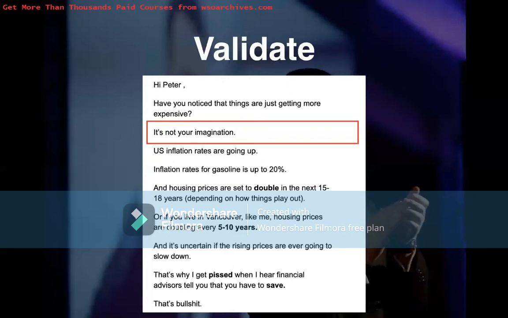Cool. One question: is it common to use questions as an empathy statement? It doesn't always have to be a question. Questions are usually better because you want them to answer the thing in their head. When you ask a question, people automatically come up with an answer in their head. But when you use statements, sometimes it could work. Right now, I can't think of an example that we used. Most of the time, it is questions. Validate. Then number 3,